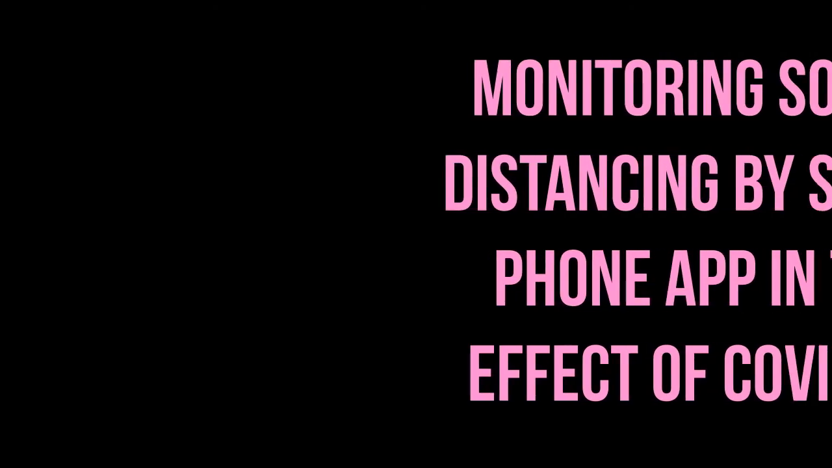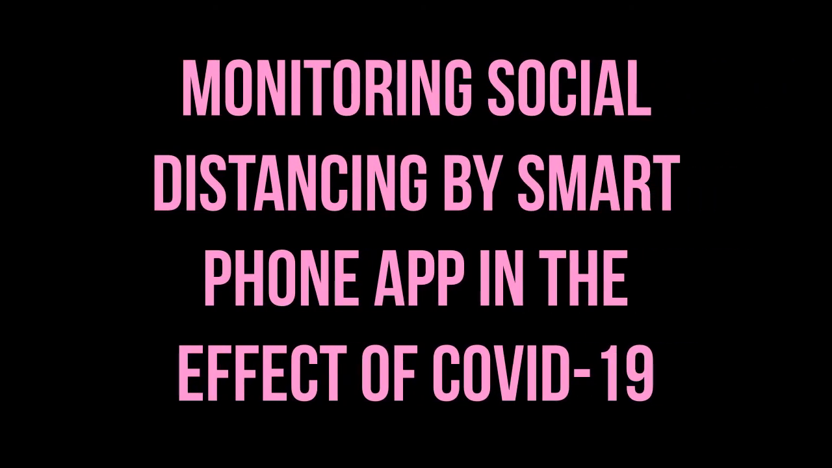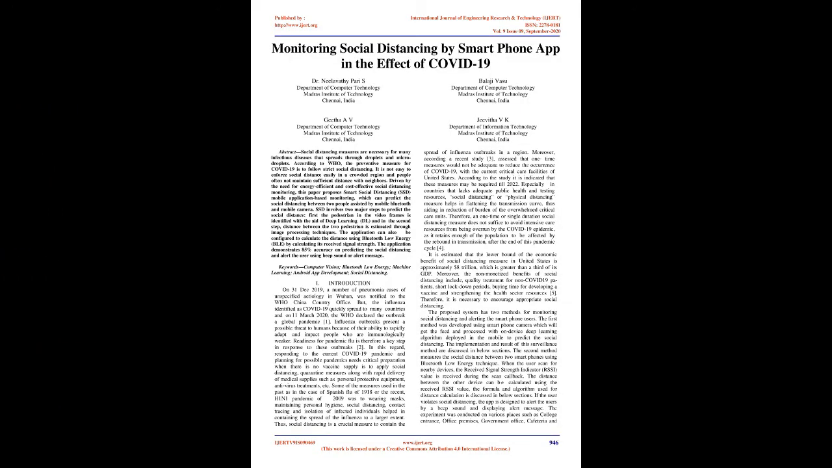Monitoring social distancing by smartphone app in the effect of COVID-19. Social distancing measures are necessary for many infectious diseases that spread through droplets and microdroplets. According to WHO, the preventive measure for COVID-19 is to follow strict social distancing. It is not easy to enforce social distance in a crowded region, and people often do not maintain sufficient distance